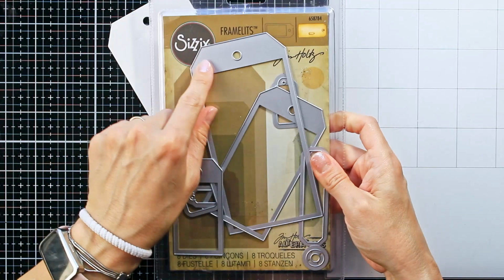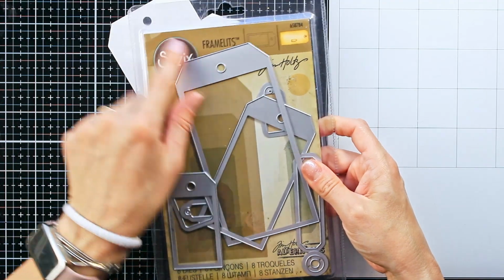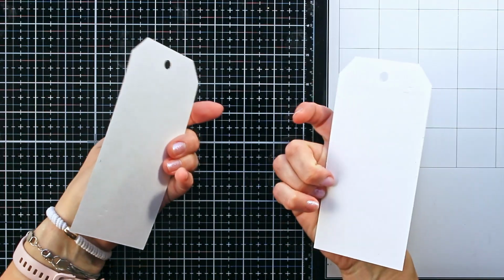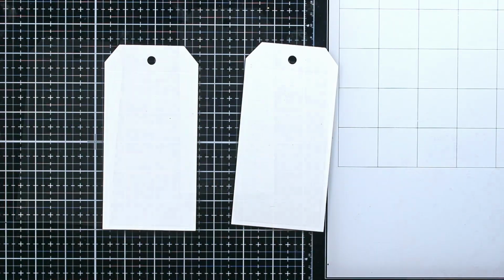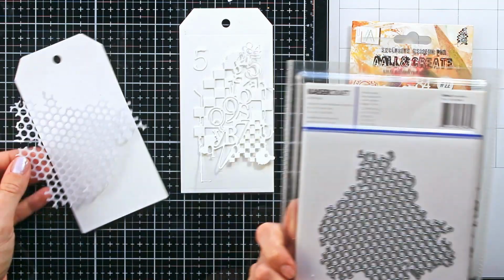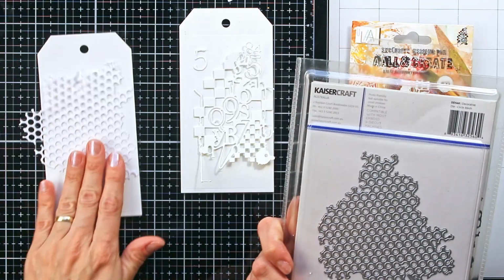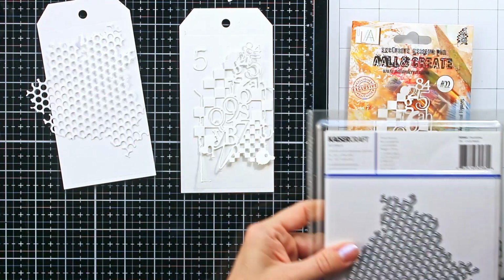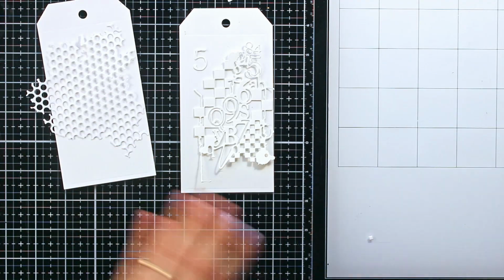Now, of course, the first thing to do is to prepare my tags. And for that I have used this older die set from Sizzix and a mixed media paper. But my die cutting process didn't end there. Instead, I found some older metal dies from my stash and did some more die cutting to create some fun